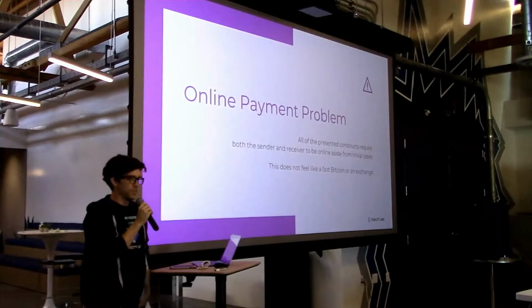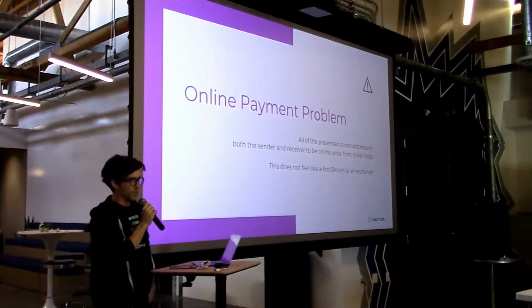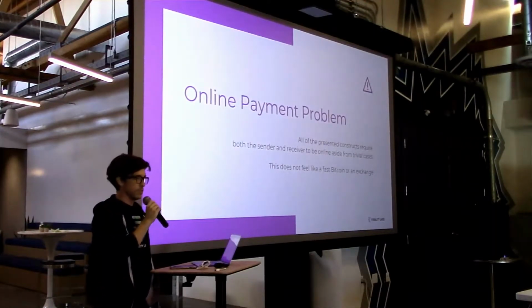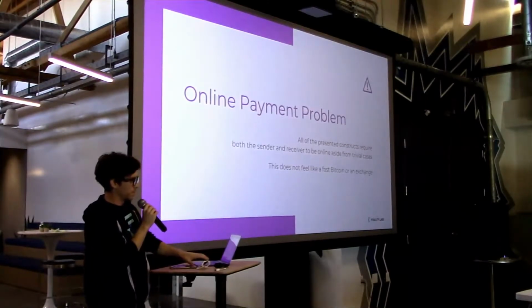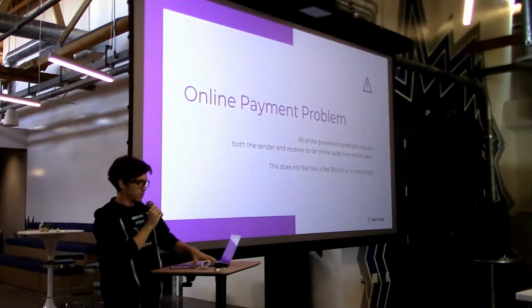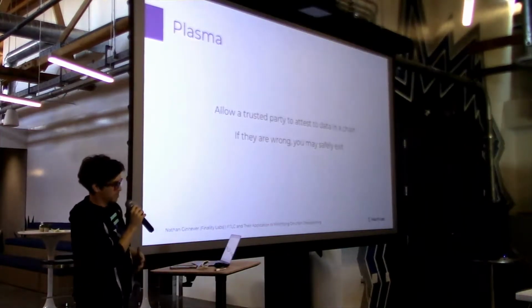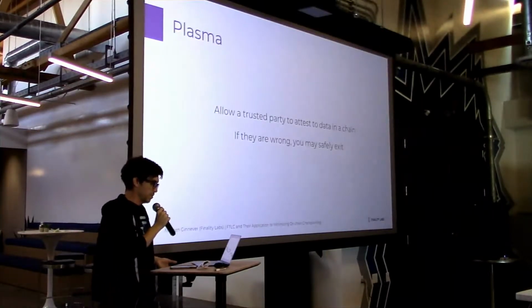It's not fast. It doesn't feel like a decentralized exchange either. If you use Radar Relay, you have to incur some cost on the blockchain in order to get this offline recipient. You have to kind of lose price over speed. So Plasma is a construct where we can land things on offline people.